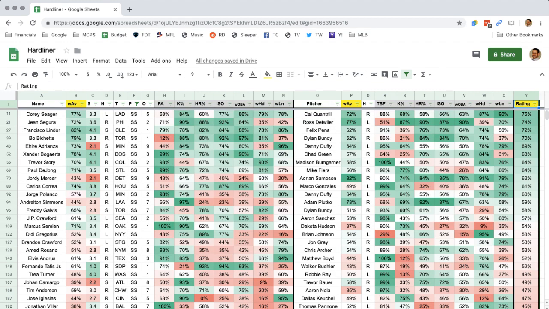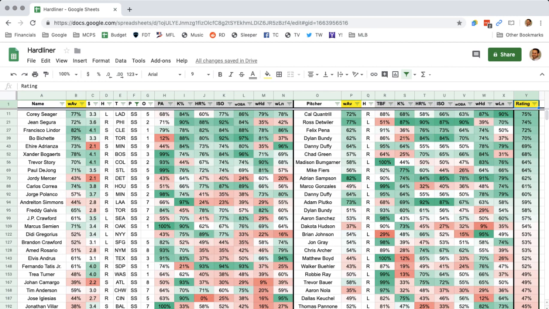He doesn't strike anyone out, gives up a ton of power, and gives up really quality line drive contact. So I feel good about Segura, but I feel like Lindor is a bit safer. But with Corey Seager, you're saving 300 versus Segura and 800 versus Lindor. So you might want to go with him.